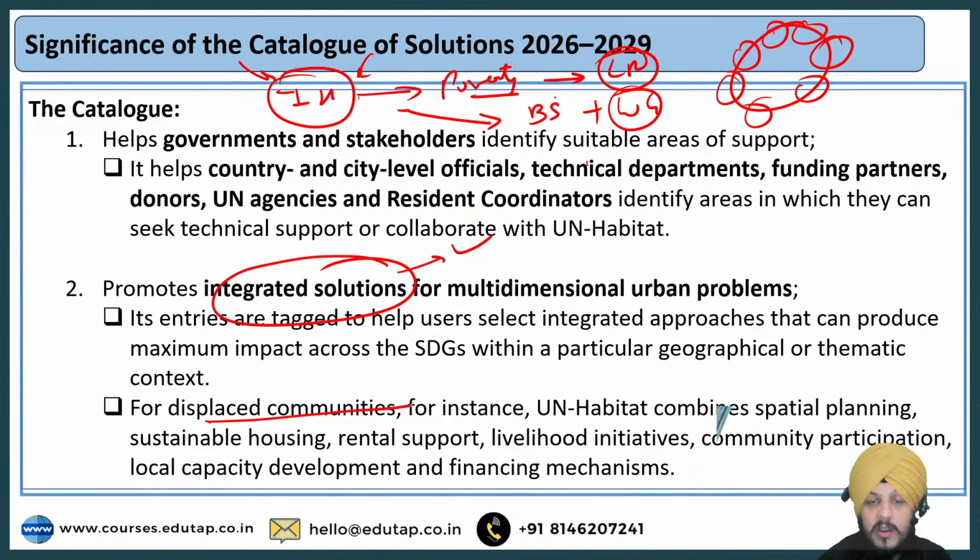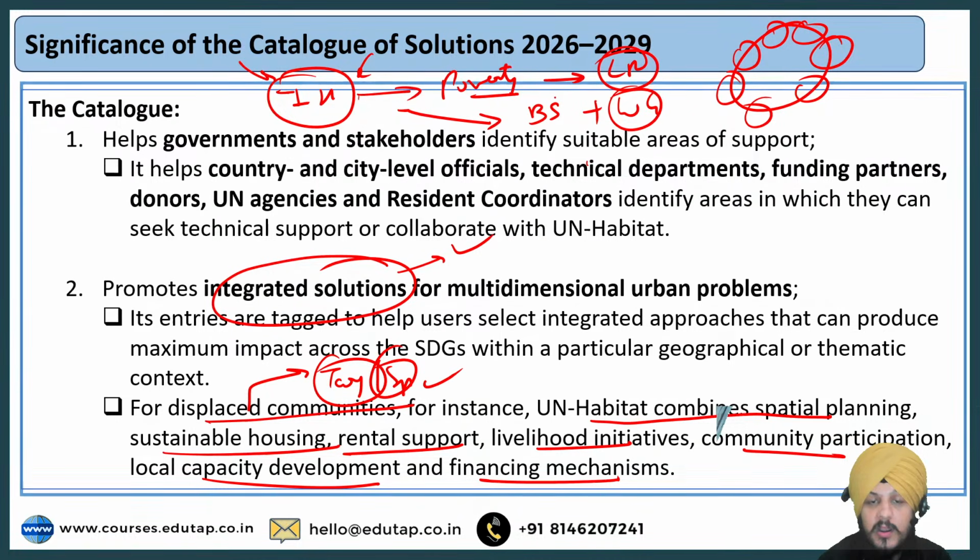For example, for displaced communities, UN Habitat combines spatial planning, sustainable housing and rental support, livelihood initiatives, community participation, local capacity development and financing mechanisms. Which means what? That we are following this approach in a targeted, specific manner. This is not a one-size-fits-all approach, right? It is a more specialized approach where for different sorts of problems we are trying to provide integrated solutions,